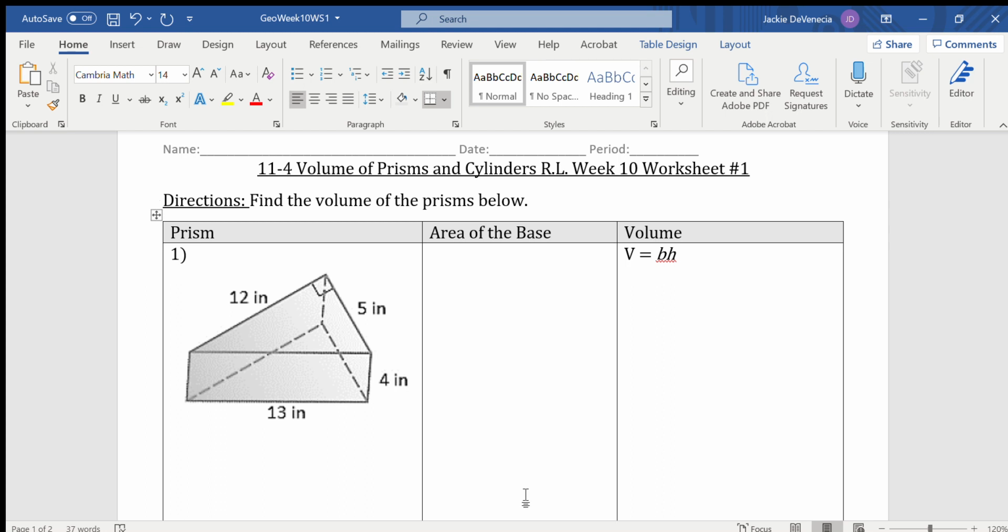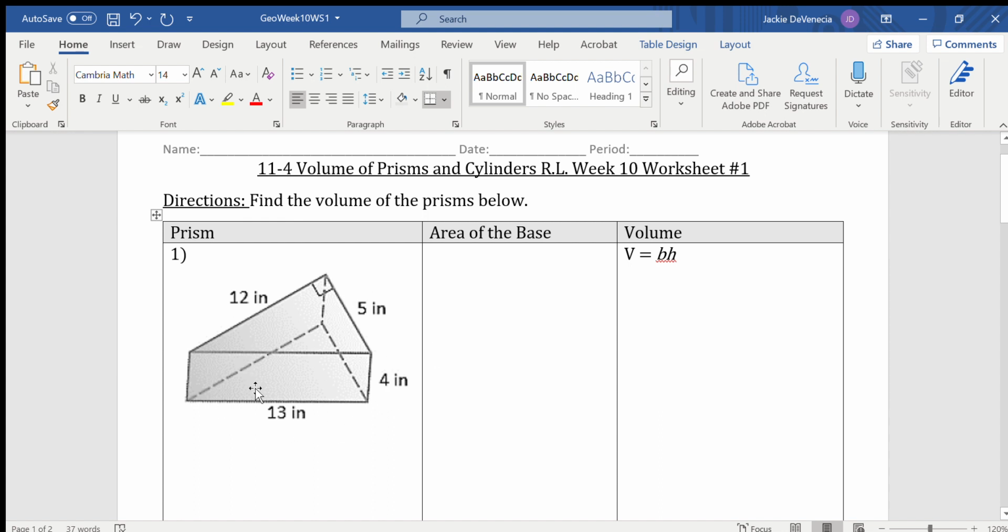Okay, so this week we're going to be looking at finding the volume of prisms and cylinders. So we found the surface area of them. Now the volume. When we're talking about volume, we're talking about the amount of space. Like if we were going to fill this prism up with water, the amount of liquid it'll be able to